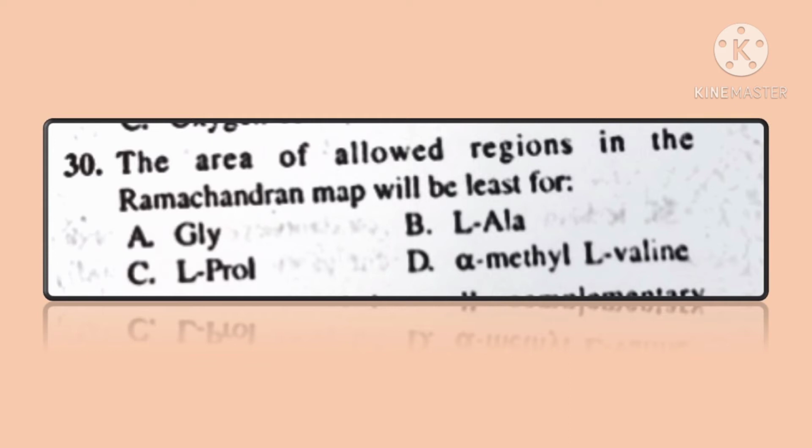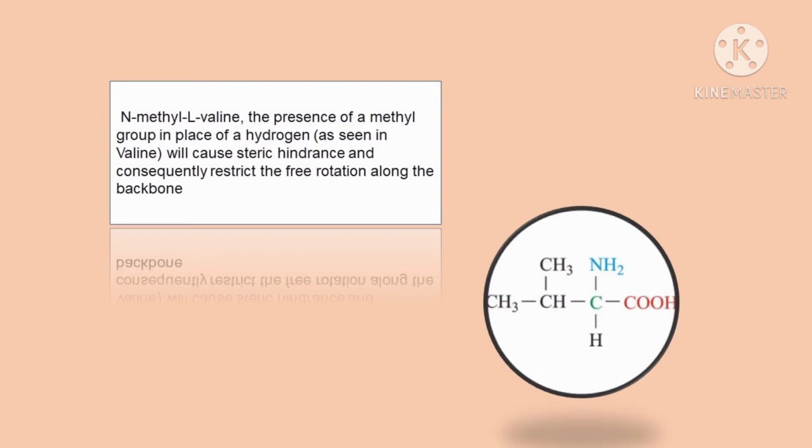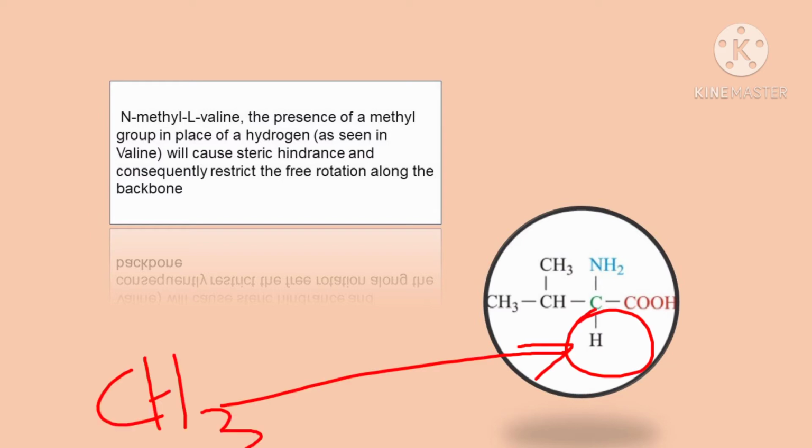So the answer for this question is alpha-methyl L-valine. So we can look at the structure of valine first. Here in this structure you can see a hydrogen in the structure of valine. This hydrogen is changed to a methyl group. It will make more steric hindrance in the compound, so it will restrict the rotation